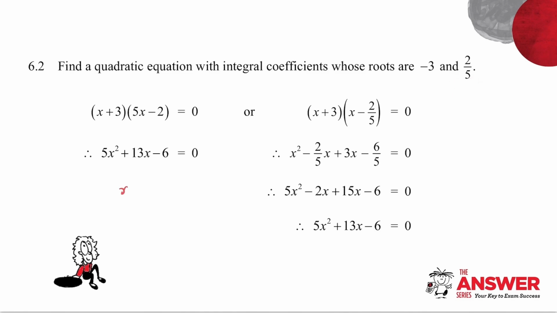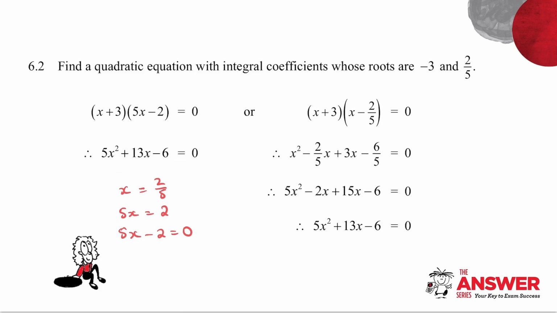So if you think, if x is equal to 2/5, multiply both sides by 5, and you get 5x is equal to 2, which means 5x minus 2 is equal to 0. So that root of 2/5 comes from a bracket 5x minus 2. So the minus 3 comes from that bracket, and the 2/5 comes from this bracket. And all I now need to do is multiply the two brackets together, and you get your quadratic equation with